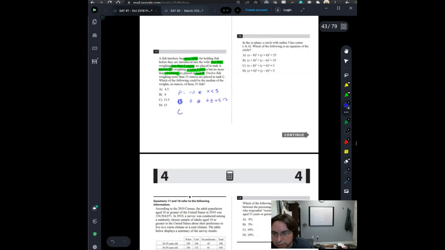And then tank C, they have 12 fish, so they have 12. They're in tank C, and they're all weighing more than 13 ounces. So we see that they're all weighing more than 13. Actually, that way, not equal to. So it's asking us which of the following could be the median of the 33 fish. So if we know we have 33 fish,